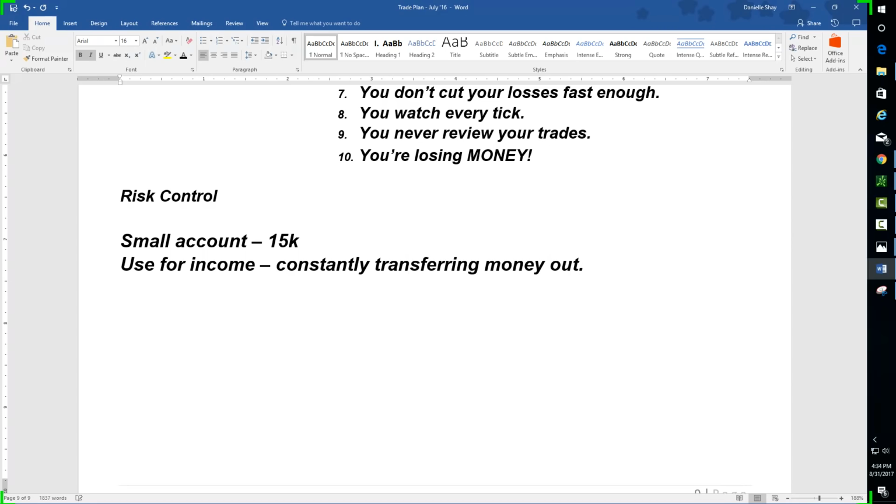I never put money in my account, ever. I haven't ever, not one time. So what I do is I trade, I like 17,000. I think it's a good number. So I take 15K, trade it up to 17K, then take out 2K, then start over. And I do this cycle over and over and over.